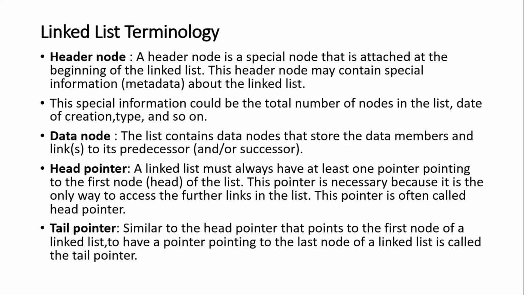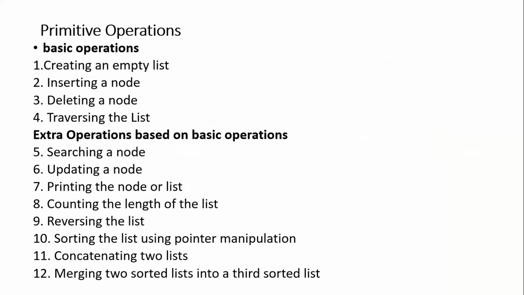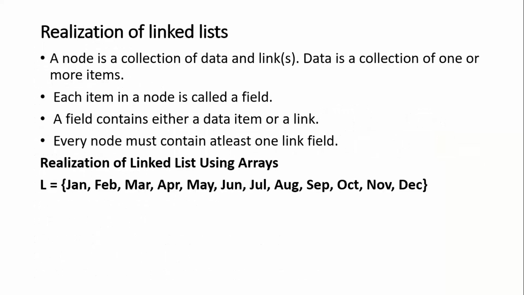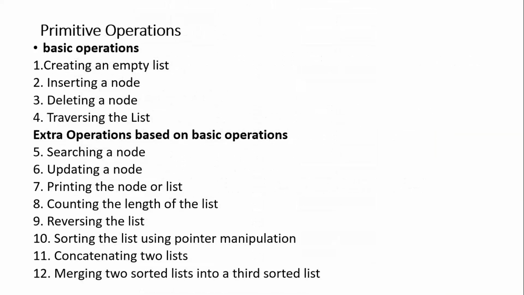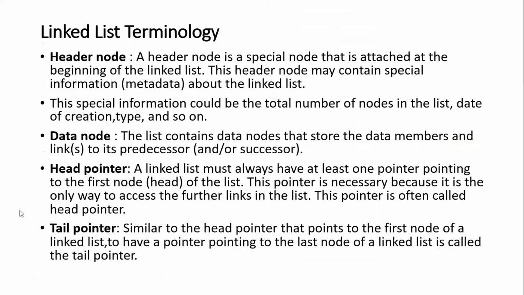In the last class, we have seen the definition of a linked list, what is sequential organization and what is linked organization. What are the examples of those? What comes under what? Now, today we are going to discuss about linked list terminology and how it is realized using arrays, all these things. Okay. So the first thing is,